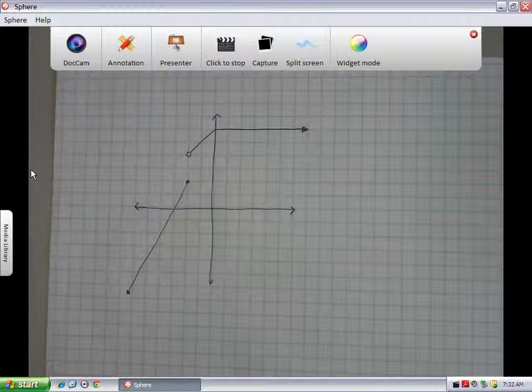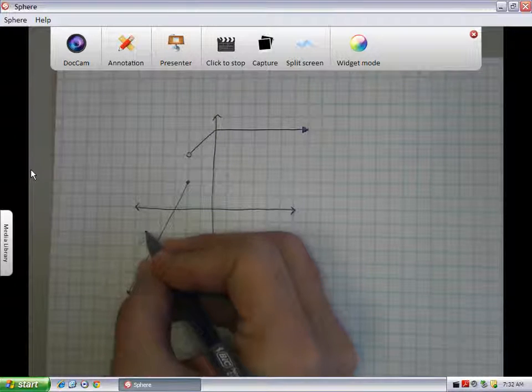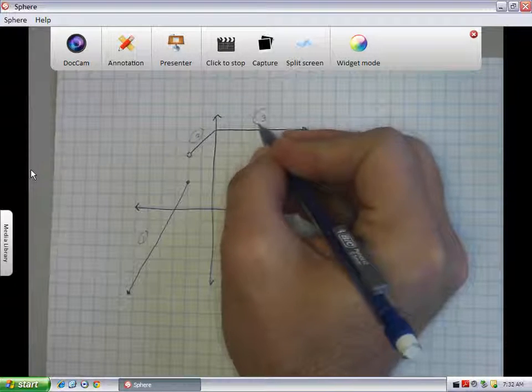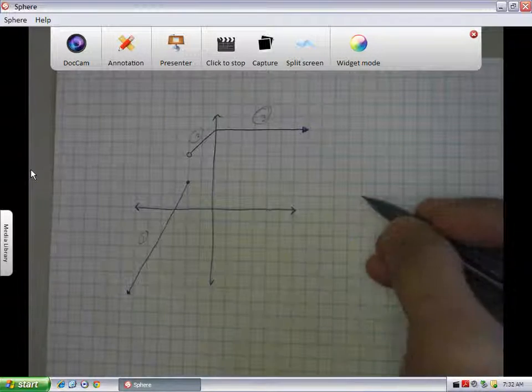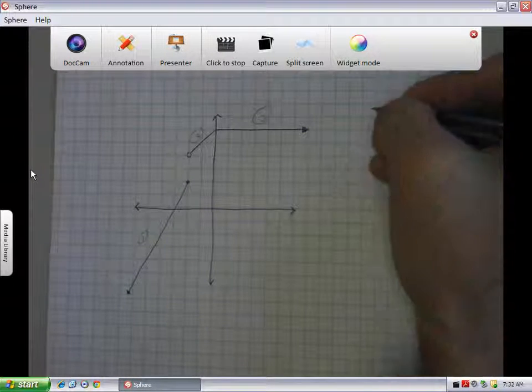So we're going to take a look at this piecewise function. We're going to try to write the equation of it. Well, this piecewise function is made up of three pieces. So I have piece number 1, piece number 2, piece number 3. So I know that I'm going to have 3 equations and 3 domains. Now for each piece, for example, for piece 1,